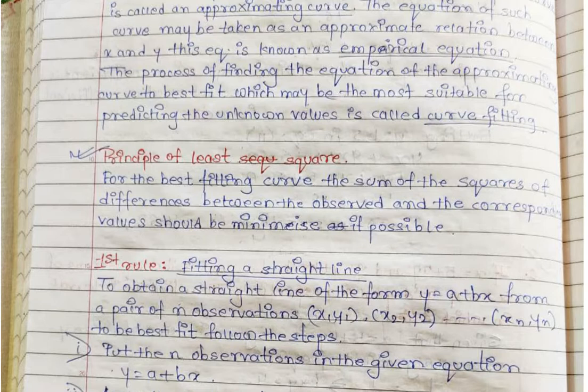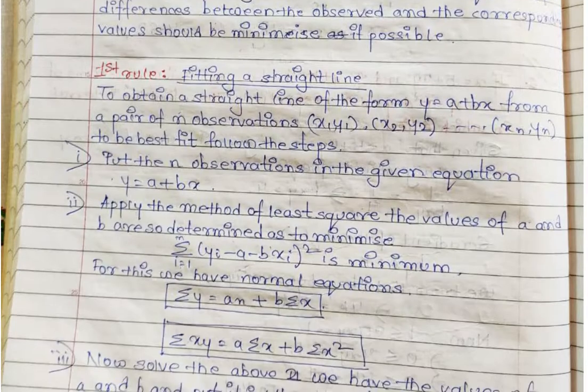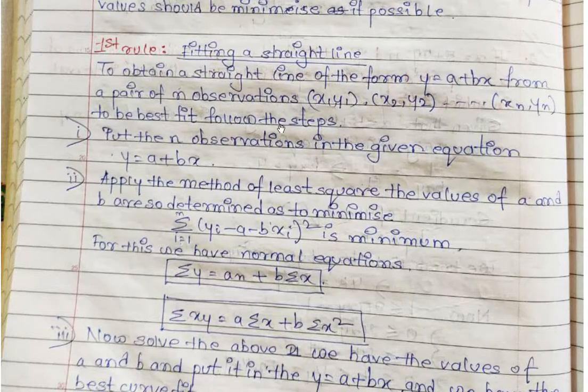So let us try to understand the method by some rules. All those rules which are present in our syllabus I have discussed here. You have to understand the rules and try to solve the problems by yourself. So rule number 1: suppose we want to fit a straight line. A set of data (x1, y1), (x2, y2), ..., (xn, yn) is given to us, and we have to fit a straight line y = ax + b in these plots. Now you know that y = ax + b represents a straight line where a and b are two arbitrary constants.